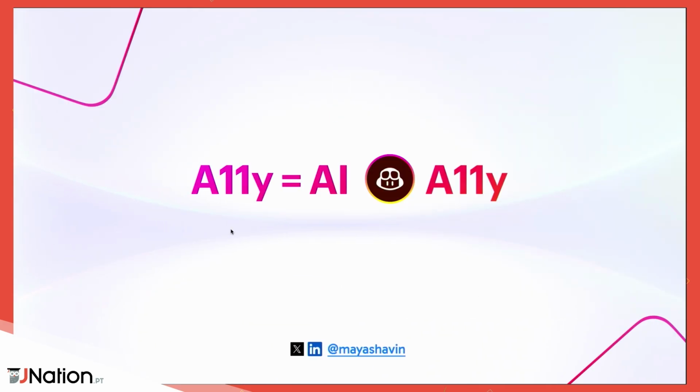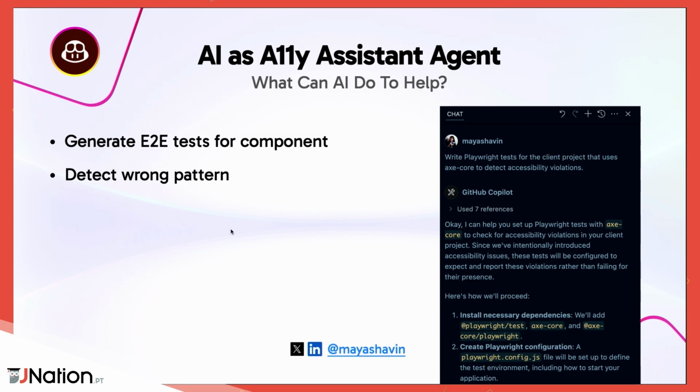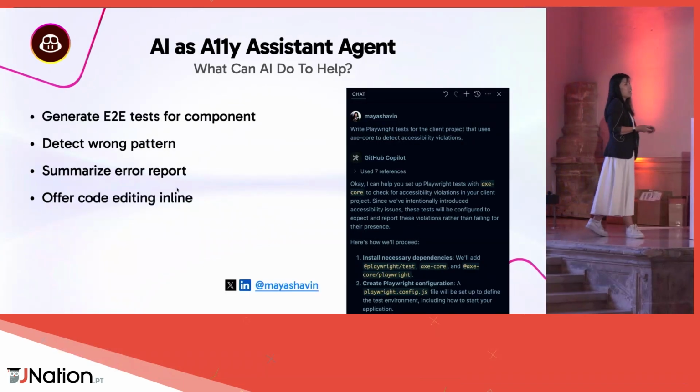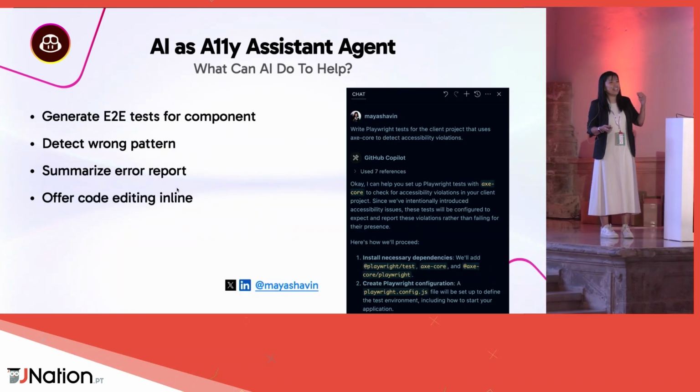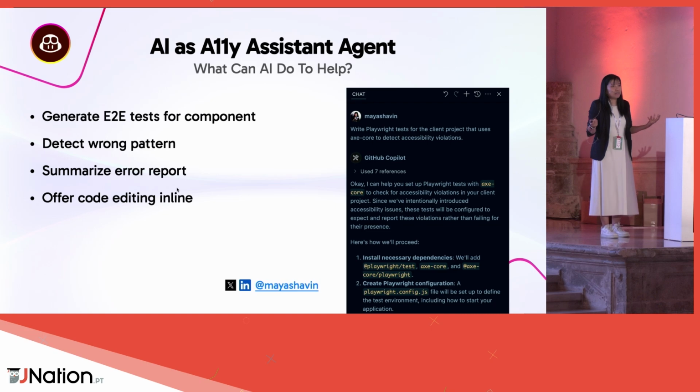And the next thing I want to show you is the AI with accessibility, AI for A11Y. What I've used it for, it's super useful for a lot of things. It generates end-to-end tests for you, so you don't have to write them. It detects the wrong patterns. It also gives you inline recommendations on what to do in order to make it more accessible. And it helps you to summarize error reports in a human understandable way,